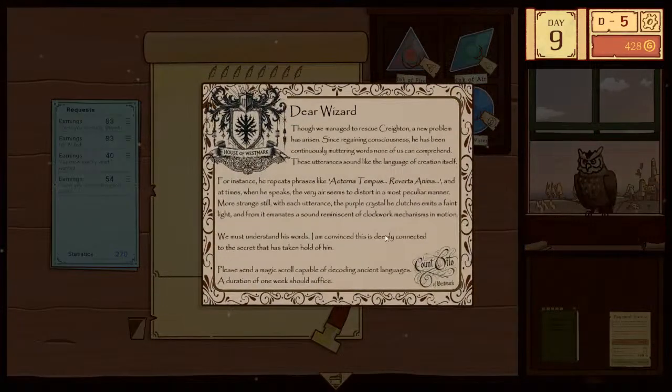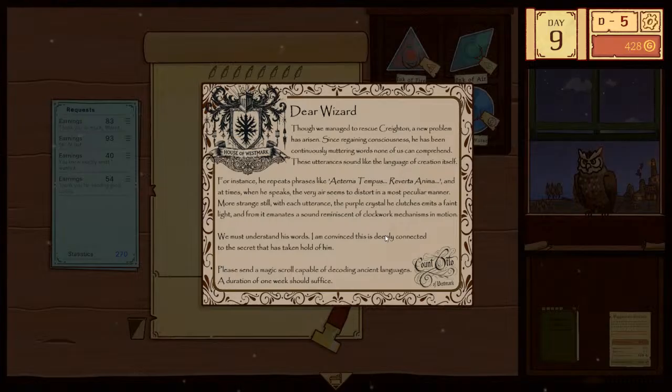Dear Wizard, though we managed to rescue Crichton, a new problem has arisen. Since regaining consciousness, he has been continuously muttering words none of us can comprehend. His utterances sound like the language of creation itself. For instance, he repeats phrases like Aeterna tempus, reverta anima, and at times when he speaks, the very air seems to distort in a most peculiar manner.